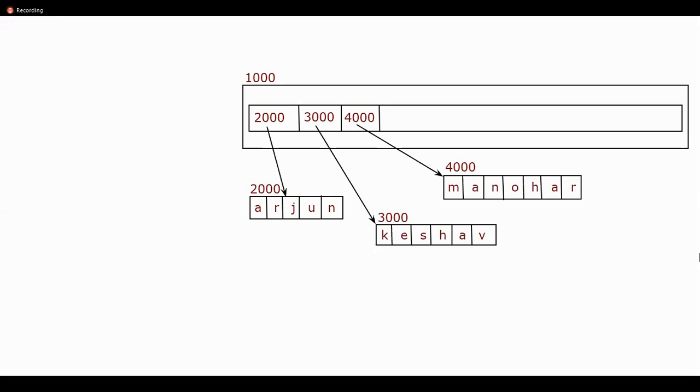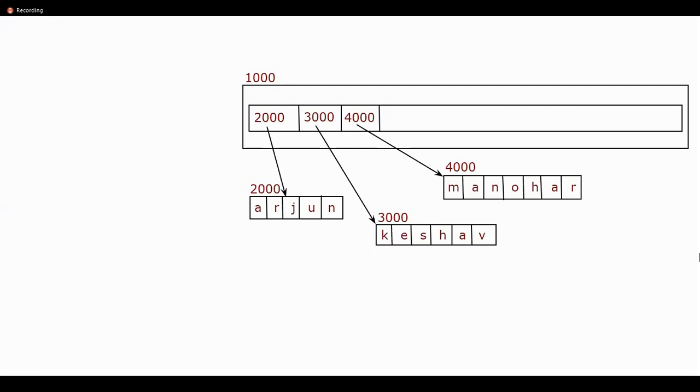Tell me, do I already have an object called Arjun on my heap segment? 100% yes. In that case, your PVM is not going to waste your precious memory on the RAM by reallocating a new object called Arjun. Sir, but I want my fourth element in the list also to be referring to Arjun.